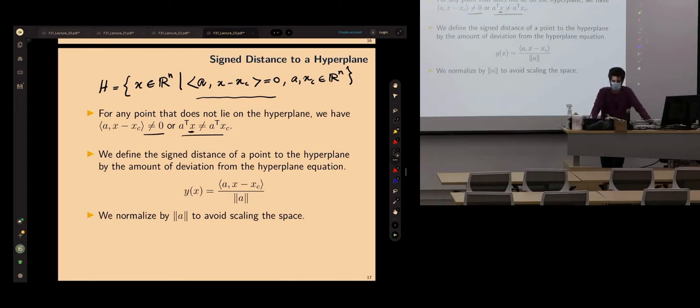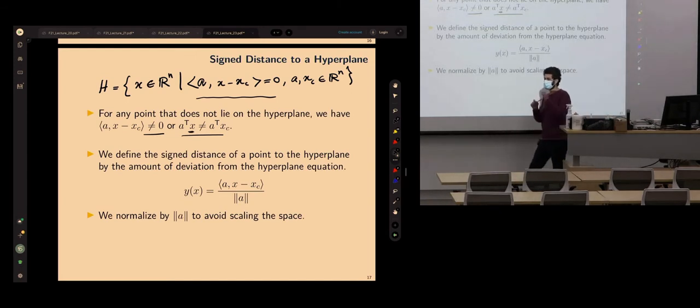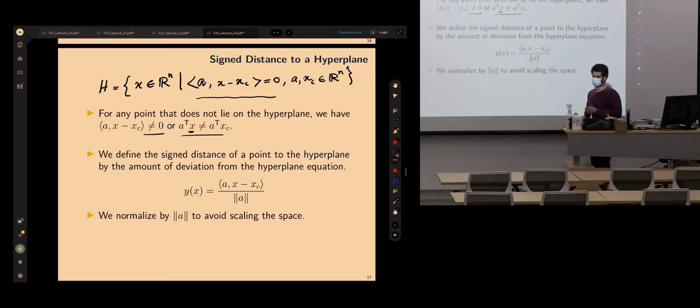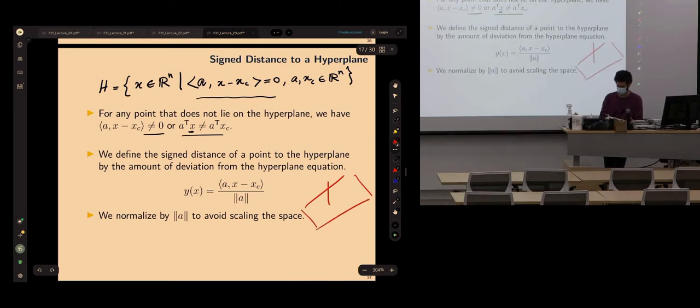So we define the distance to be the amount that we deviate from this hyperplane using this equation that we have. Now, this amount that we deviate using this dot product is also orthogonal to the hyperplane because it is a projection using this dot product. So if there's any point such as x that is somewhere in the space, you have your hyperplane, you have the normal. I'm talking about a point here, x, it's just somewhere in the space. And you want to know